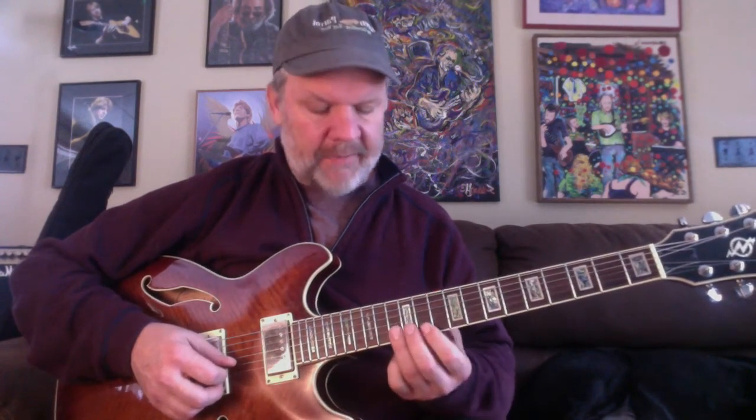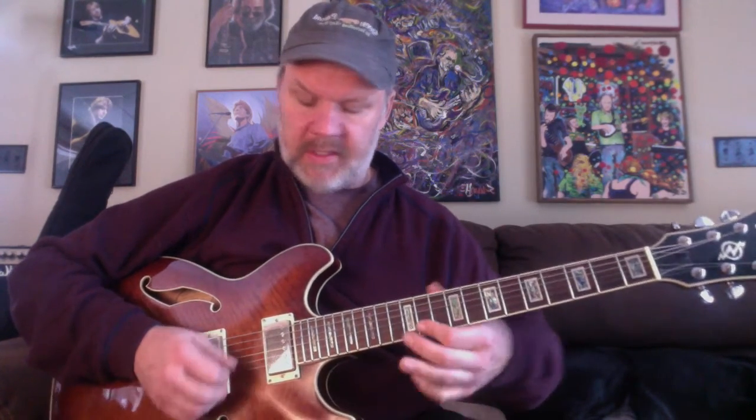So this last lick that I'm going to pull apart here is again starting off in that same position that we started the whole solo off. This time though, he's taking that root note on the 13th fret and bending it up a step and a half, so he's bending a C up to the pitch of an E flat. And then